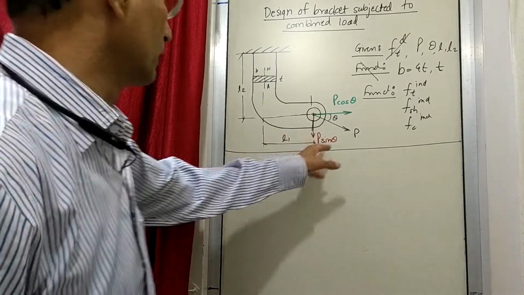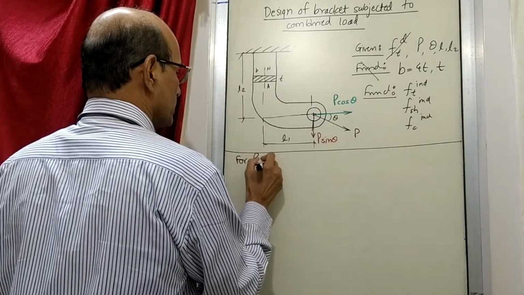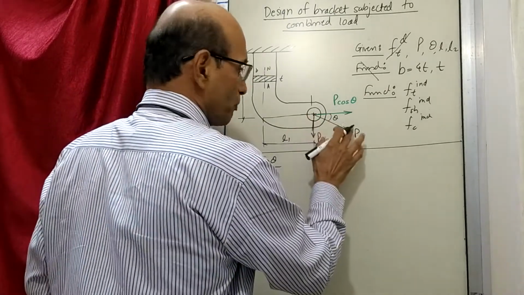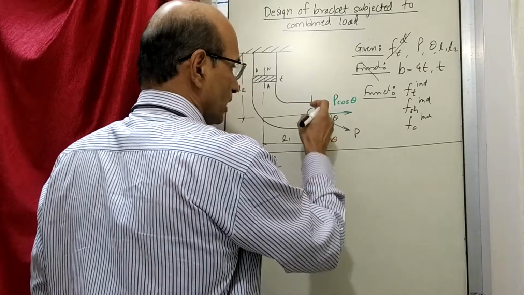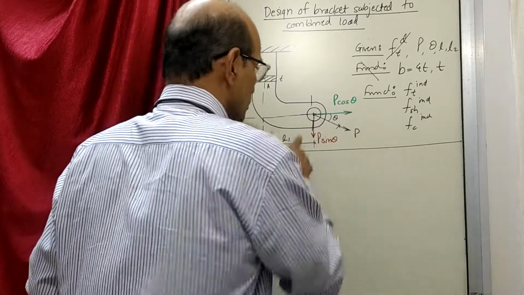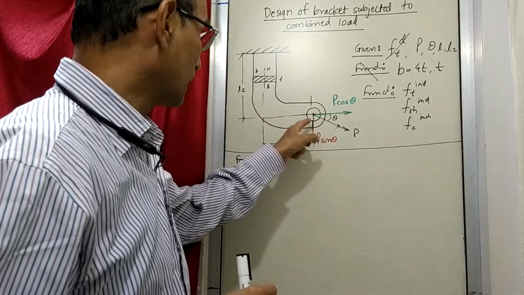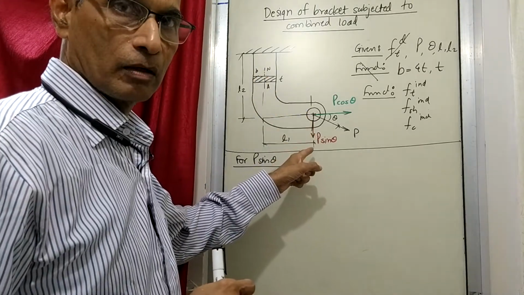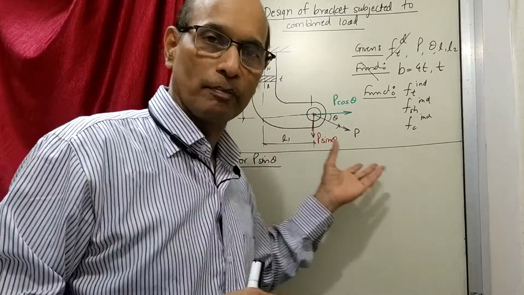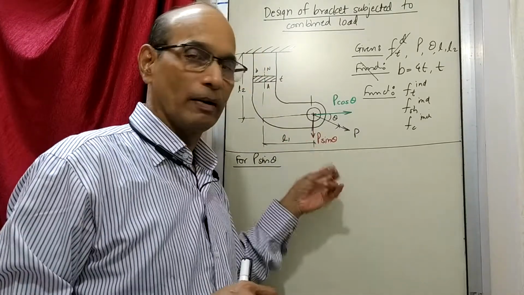Here let's take these two forces separate. So for P sine theta, that means the effect of P sine theta. As you see here, the force P is resolved into two components, P cos theta and P sine theta. So instead of saying P is acting, we are saying these two forces are acting. So out of that, what will happen because of P sine theta? Now you will see here, there is a bracket like this. This is a force. Okay. Now can you see this case similar to what we have already done? In fact, while solving this problem, we are not going to do anything new here. Whatever is already done, same thing we are going to apply here.